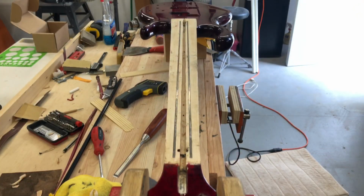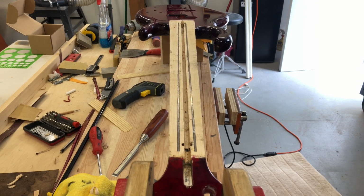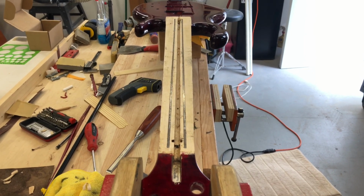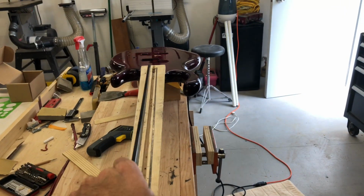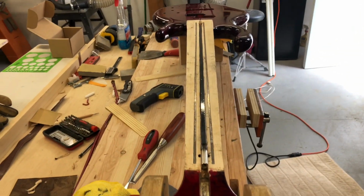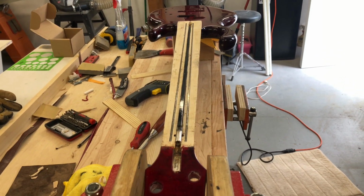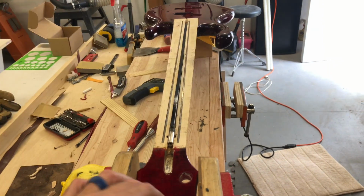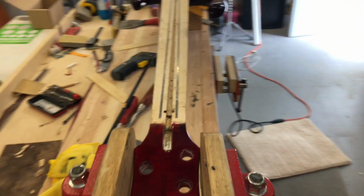Truss rod channel is cleaned out. Our plan is to put new material in and then reroute for the new truss rod. It's going to go in like so, and we'll get that installed. We'll get the fretboard put back on, and then we'll get the finish squared away. Unfortunately, since this is urethane, I'm not going to really be able to